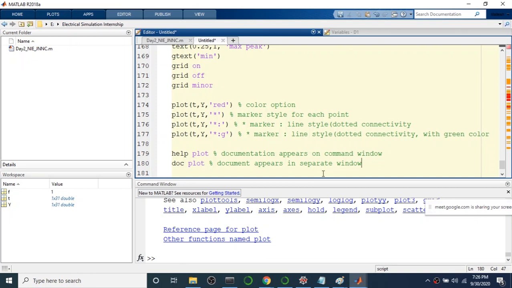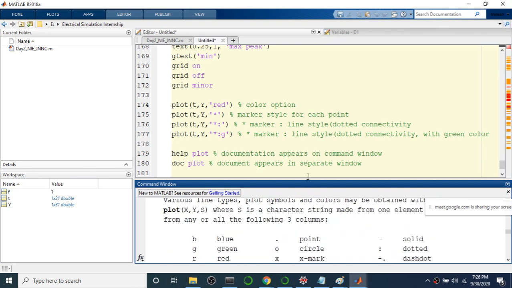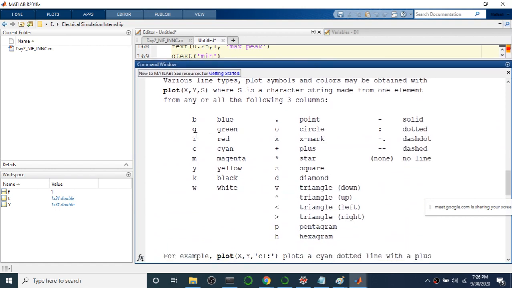Let me scroll up here a little bit. You can see that this column indicates what color options are available, what marker styles are available, and what line styles. As mentioned, a colon is for a dotted line.